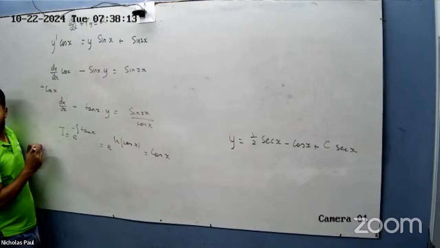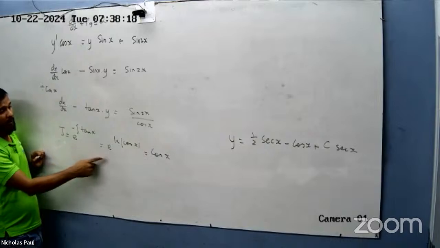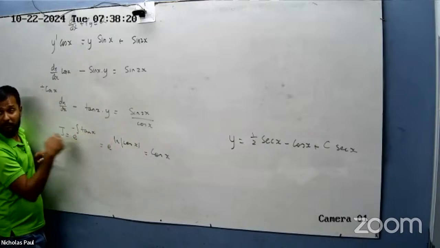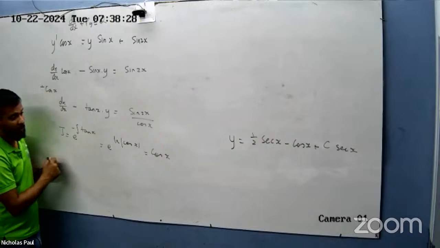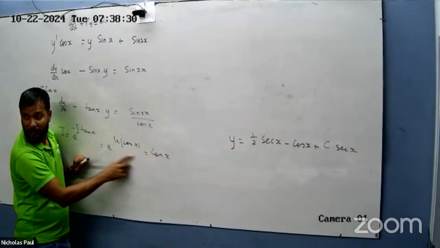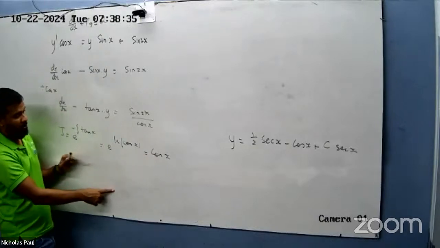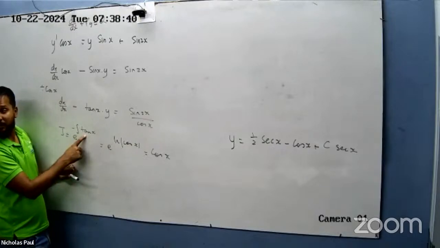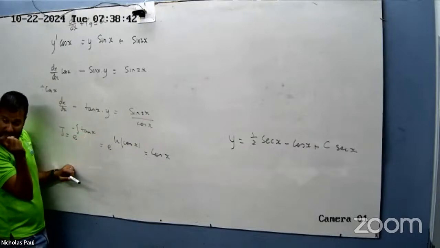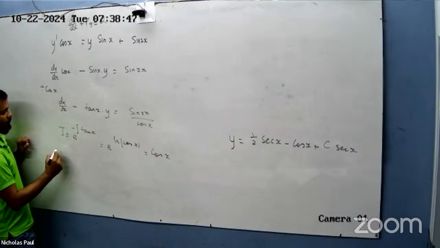Explain backward. This part? The integral of tan is minus ln cos x, right? And the minus will cancel. This part? E to the ln is cos x. Then cos x. The integral of tan. And what's the next one? You write it down, right? If you use any formula,